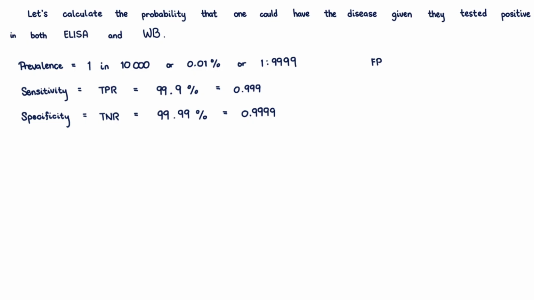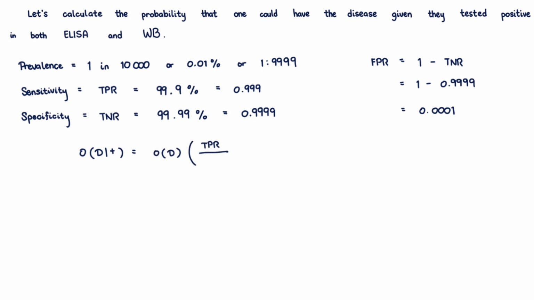The false positive rate is 1 minus 0.9999, or 0.0001. So the odds of having the disease given a positive test result is equal to the odds of the disease times the true positive rate over false positive rate. So we put in the numbers. Our Bayes factor is 9,990. And so our updated odds is